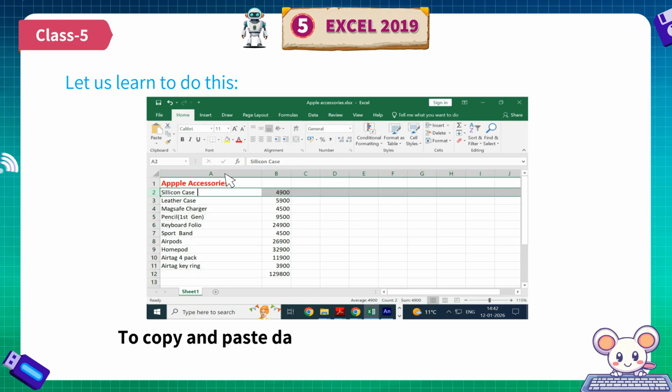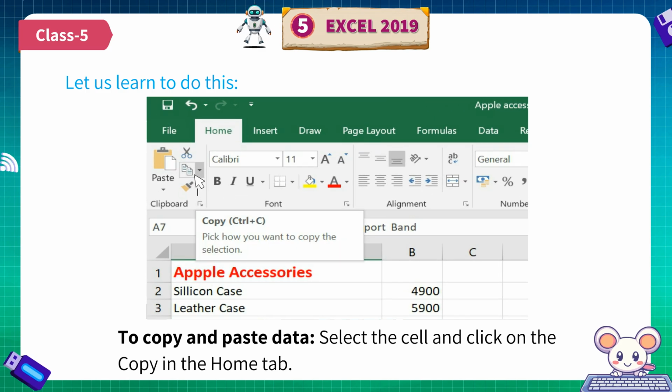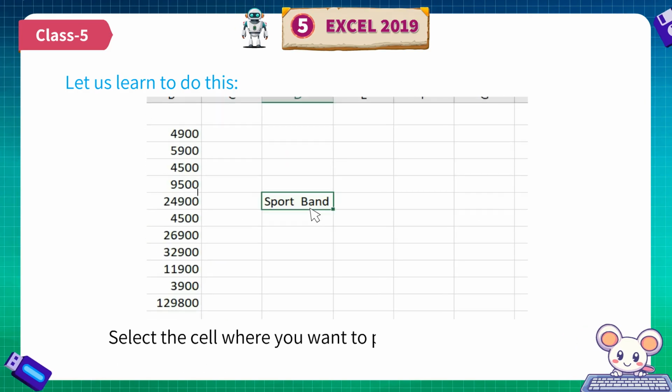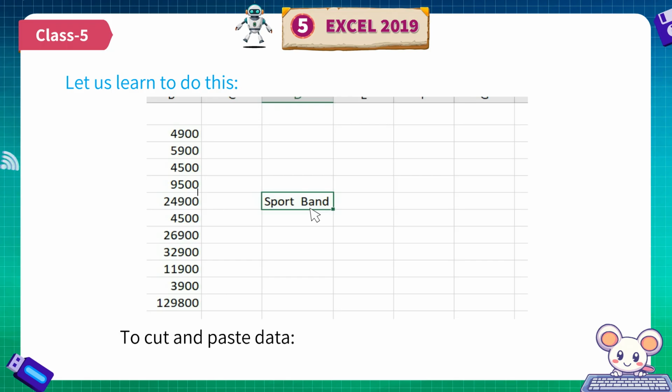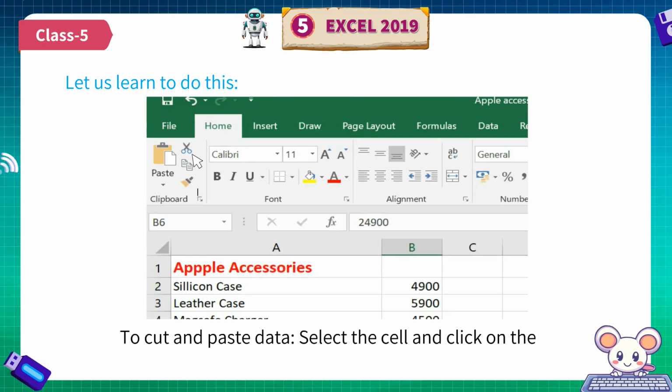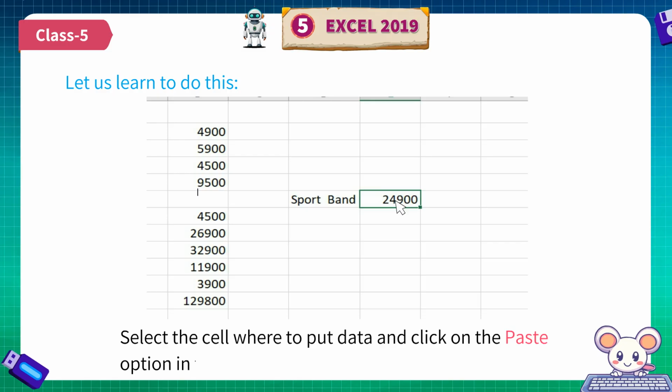To copy and paste data, select the cell and click on Copy in the Home tab. Select the cell where you want to put the data and click on the Paste option in the Home tab. To cut and paste data, select the cell and click on Cut in the Home tab. Select the cell where to put data and click on the Paste option in the Home tab.